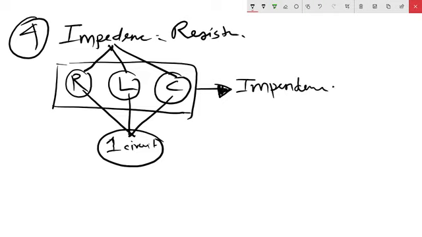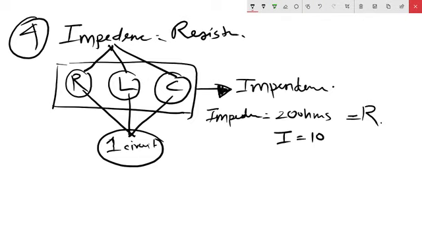So as they show, the impedance of a particular circuit is 20 ohms. So the impedance they are showing you is 20 ohms, and that is nothing but your R value, keep that in mind. Okay, and then they are saying a current of 10 milliamperes. Focus on this type of question, because they confuse you with the units. So convert milliamperes to 0.01 amperes, right? 0.01 amperes.